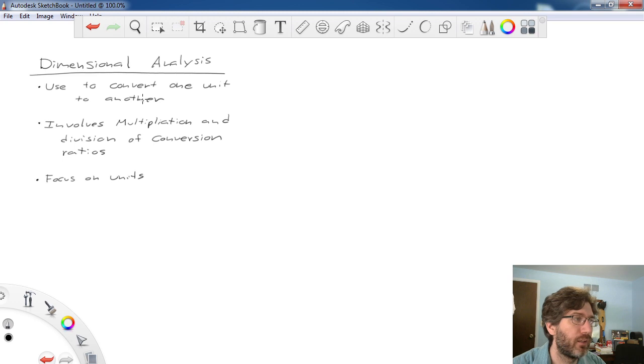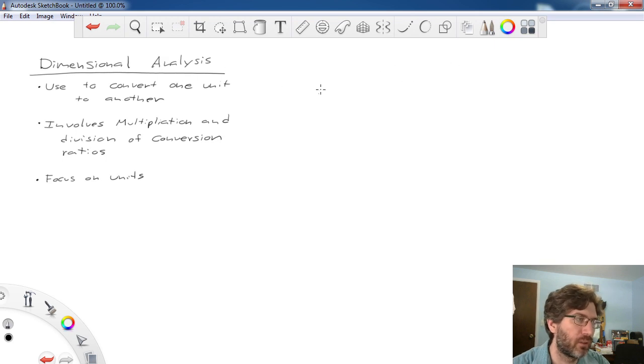And in that case, like how many feet are in so many miles or something like that. So you're converting one unit to another. It can only convert between units of kind of measuring the same thing, right? You can't convert pounds to miles because they measure different quantities. So be aware of that. That's just not possible. You can't compare pounds to miles